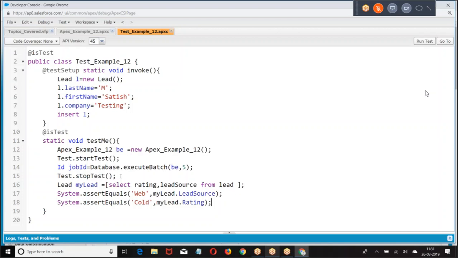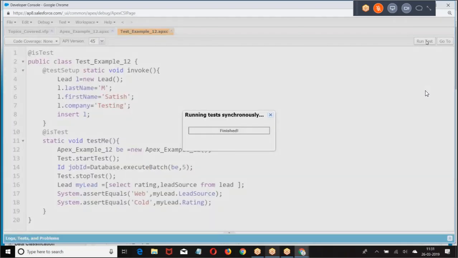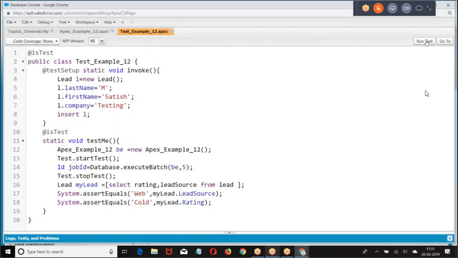This is how we are doing. Then run the test class. That's what has happened, right? If the batch class is running properly, what will happen? The lead source will be kept as web, rating will be kept as hot.